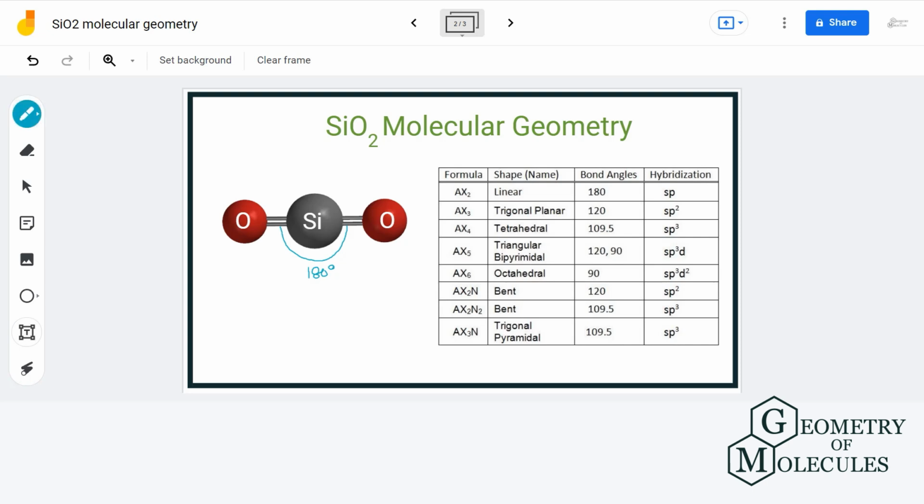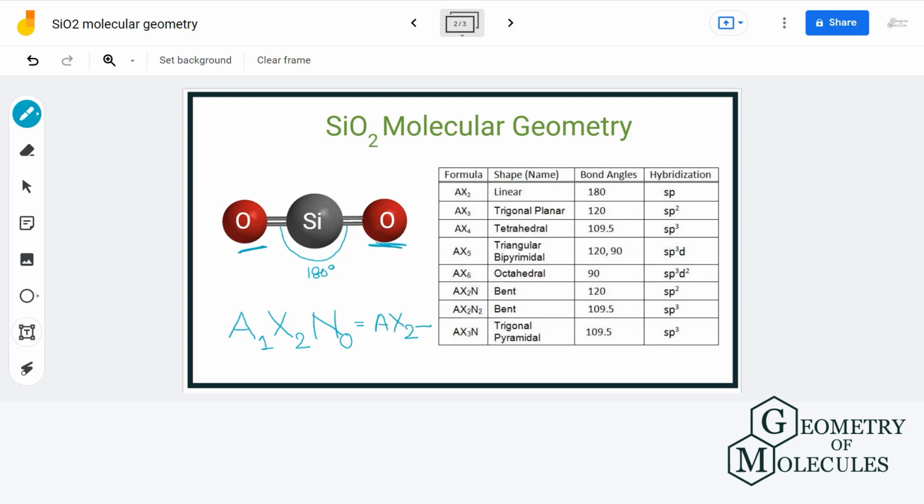Let us use the AXN notation method to see if we are on the right track. Here, A stands for the central atom, X is the number of atoms that are forming bonds with the central atom, and N is the number of lone pairs attached to the central atom. Here we have silicon as the central atom. There are two oxygen atoms bonded to it and it has no lone pairs of electrons, and that gives us a